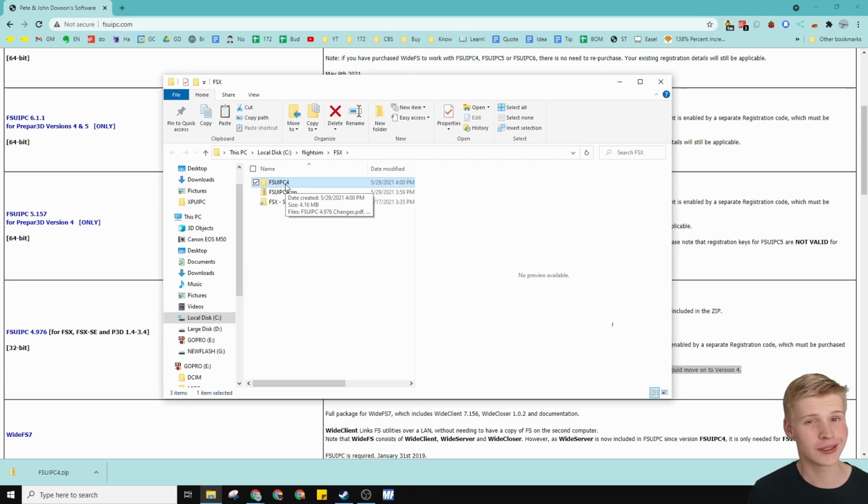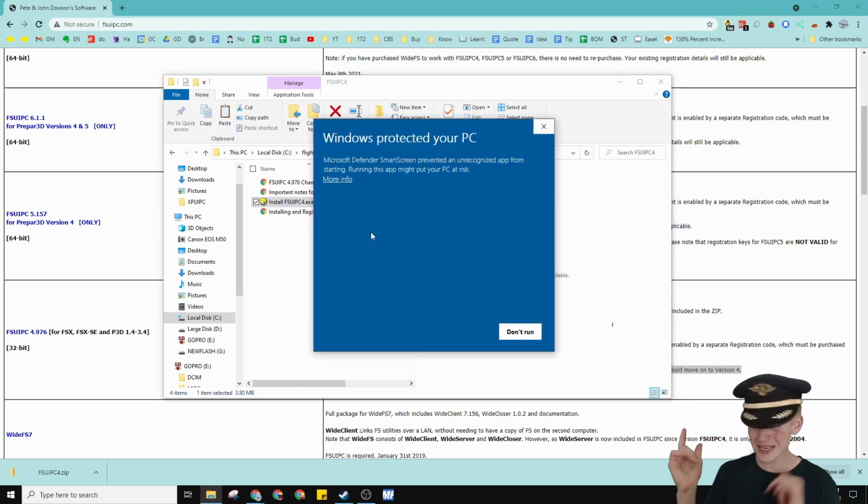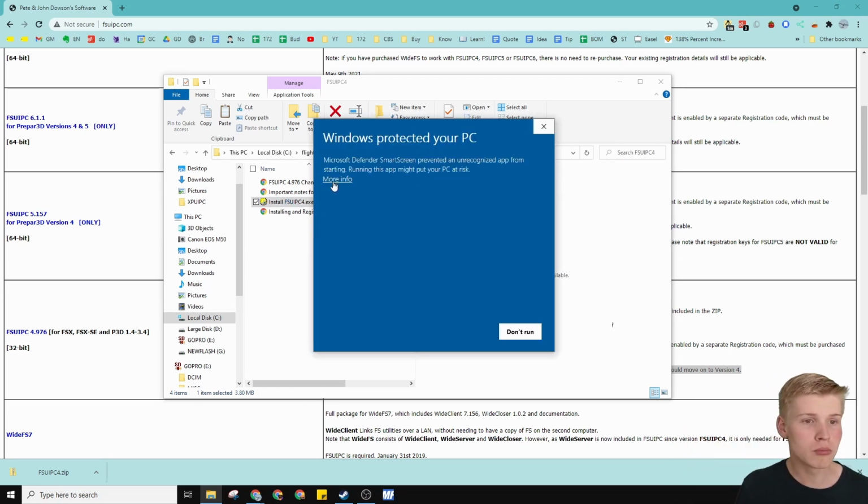Don't you wish it was that easy? Just open the folder and click the installation.exe. We protected your PC. Click more info, run anyways, and